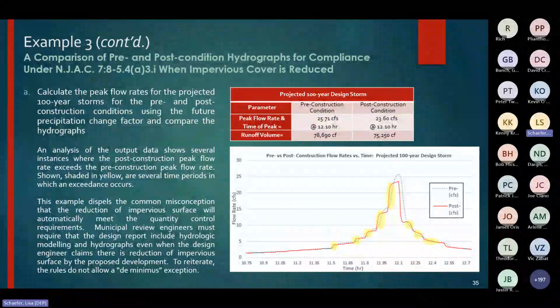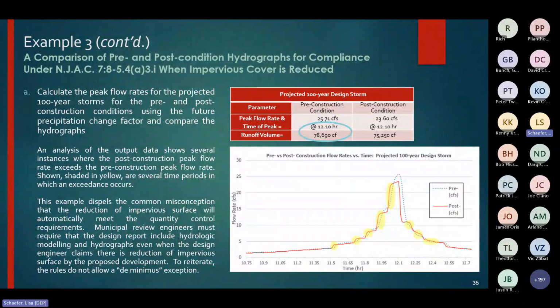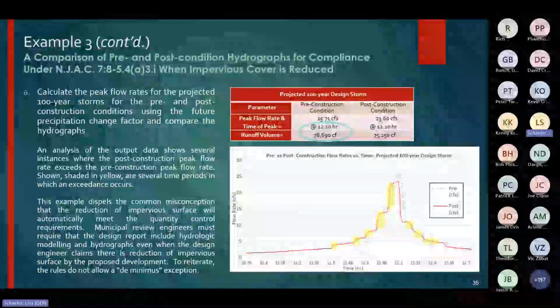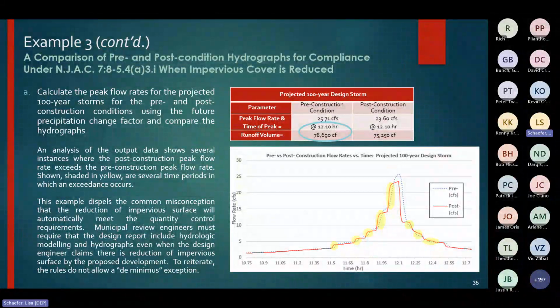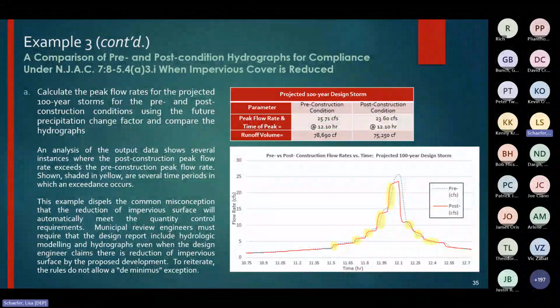All right, although it's not shown here, at first the hydrographs seem to demonstrate compliance, meaning the post-construction volume looks like it's less than that for the pre-construction condition, meaning that the post-construction hydrograph would be under the pre-construction hydrograph. However, when we take a close look at the hydrograph table data, this shows that it's not the case. Okay, a zoomed-in view of the pre- and post-condition hydrographs are shown on the slide. So even a reduction in impervious cover should be reviewed to check the adjustment or change factors have been correctly